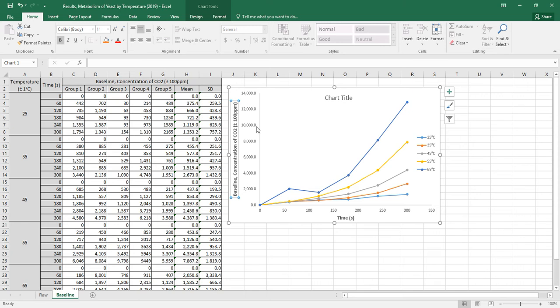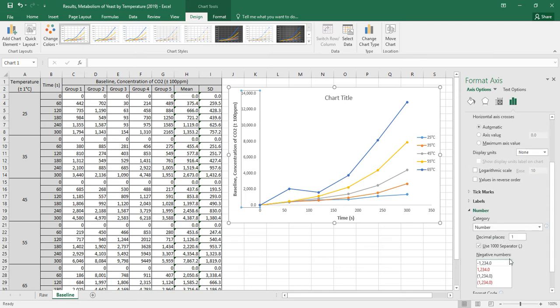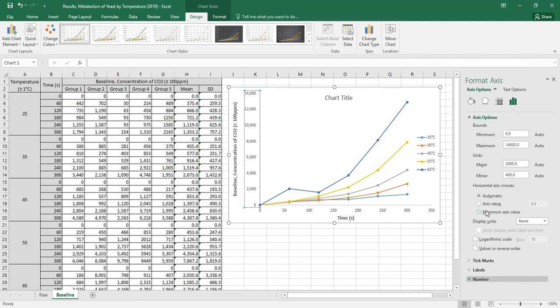I don't need a decimal place over here, so let me right-click or double-click on that. And let's go down here to number, and let's just say no decimal place. That should eliminate that. And now I'm going to ask myself, do I like these units? Do I want them going all the way up like this? I'd say yes. It looks like it doesn't have a lot of extra space up here, especially with my chart